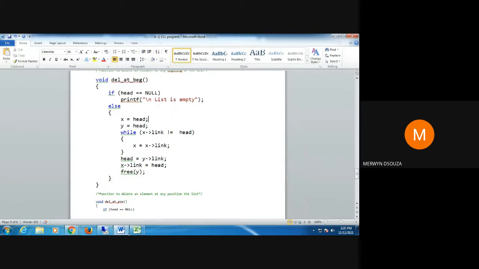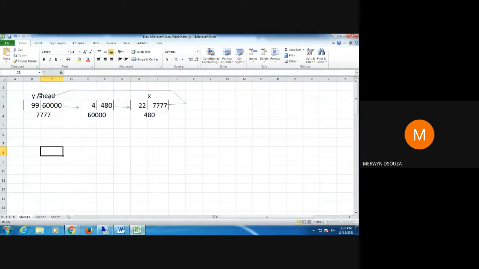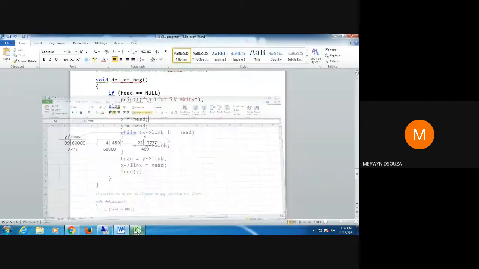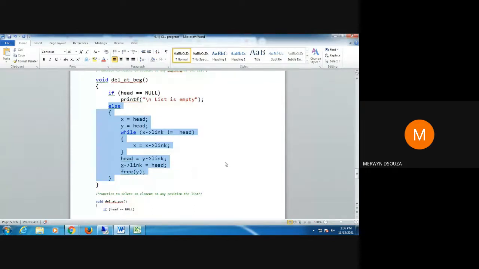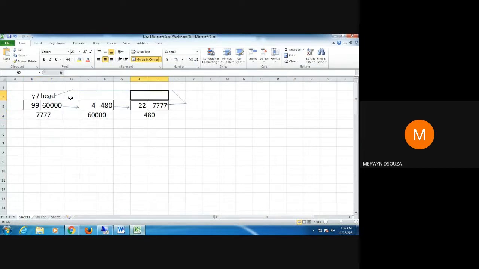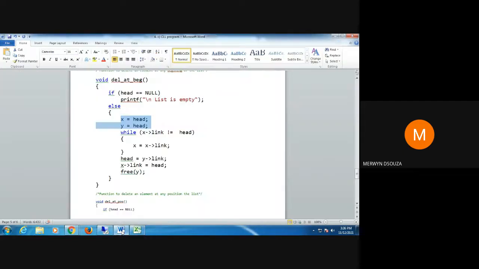So when I check, value of head is not equal to null, it is equal to 777. So I come to the else part. In the else part, I say x equal to head and y also equal to head. That means x is pointing here and y is also pointing here to the first node, to 777 address.